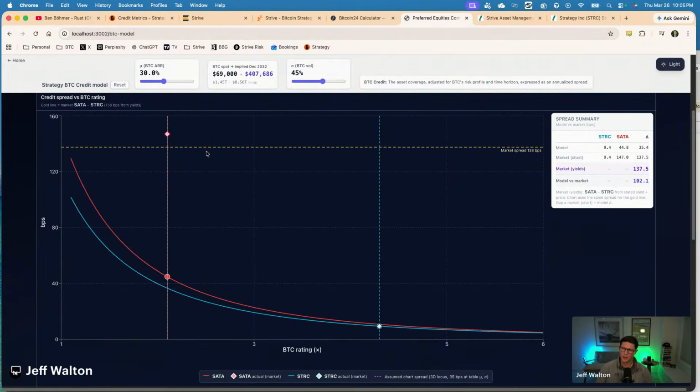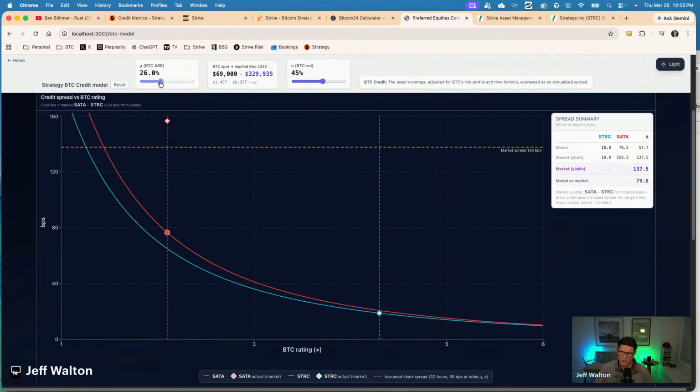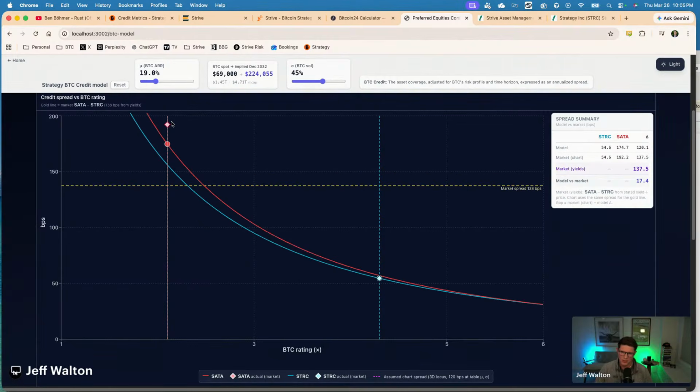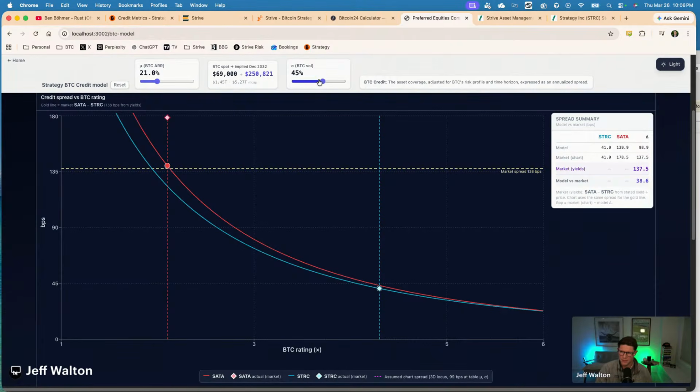So there's a few things that you could glean from this. One, you start to back into what the market thinks the long-term average BTC ARR and BTC volatility is, and we could try to start to back into some of those numbers. So effectively trying to bring the spread to zero based on our underlying assumptions here. So interestingly enough, if you change the